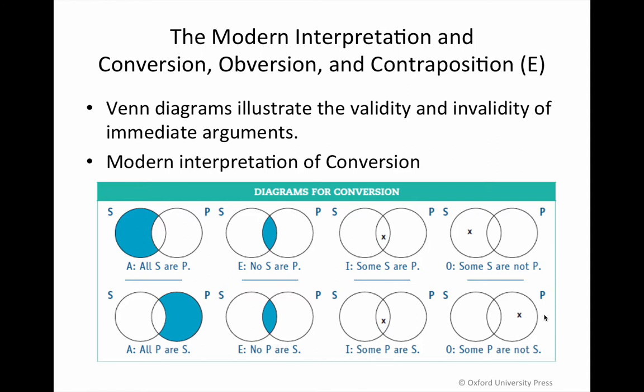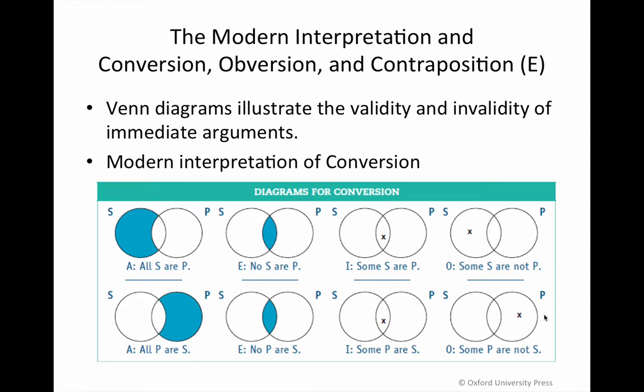That's because the logical structure doesn't match up. Think about it this way. If I say all nurses are medical professionals, and then I switch the subject and predicate places, I get all medical professionals are nurses. But clearly, it doesn't follow that just because all nurses are medical professionals, that all medical